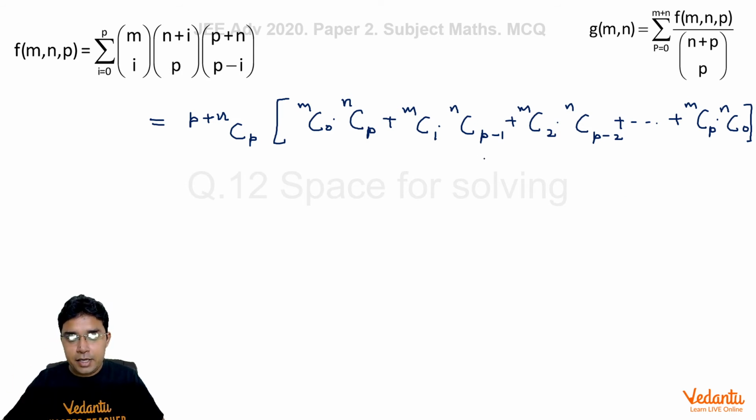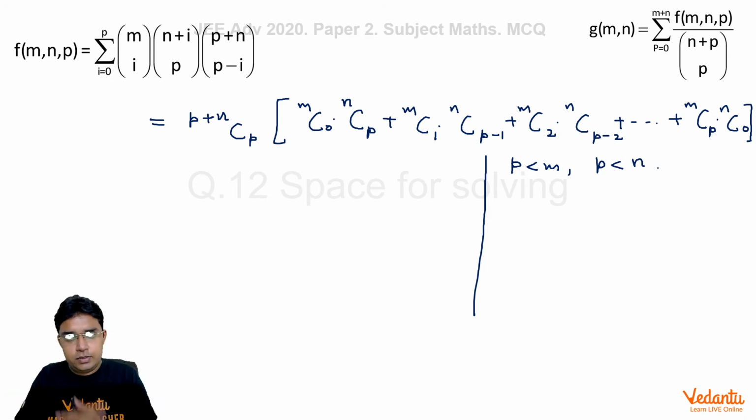Please listen carefully. First of all, I am assuming p is less than m and p is less than n also, so that there is no special case. So let us talk about this only. Now MC0 into NCP, what I am doing now, I am assuming that we have m girls